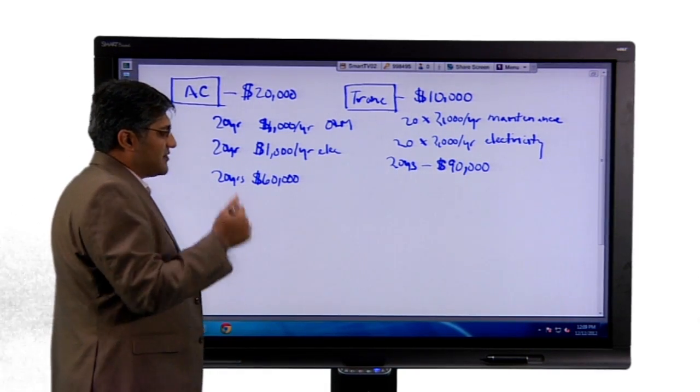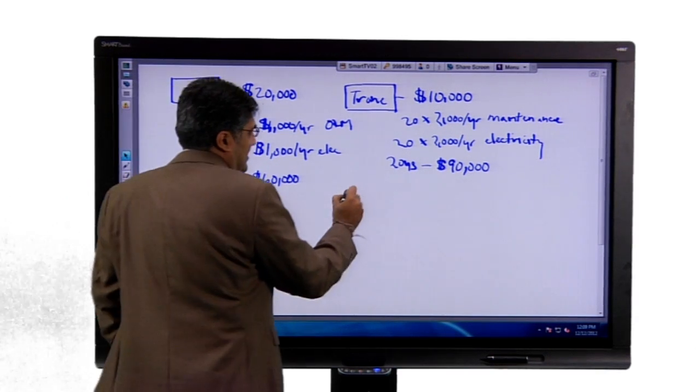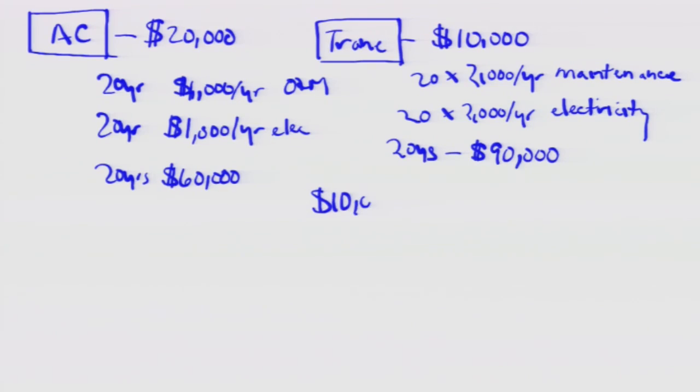So now, what if you made Whole Foods a deal? What if you said, look, pay me $10,000 because you were going to pay it anyway, right? You were going to pay it for the Train anyway. So pay me $10,000, and now you pay me $1,500 a year for maintenance and $1,500 a year for the electricity, right? Because Whole Foods is saving $2,000 a year in maintenance and $2,000 in electricity. So you say to Whole Foods, you're going to save $500 on both, and I'm going to make $500 extra on both, right? And so now I'm going to get, over 20 years,